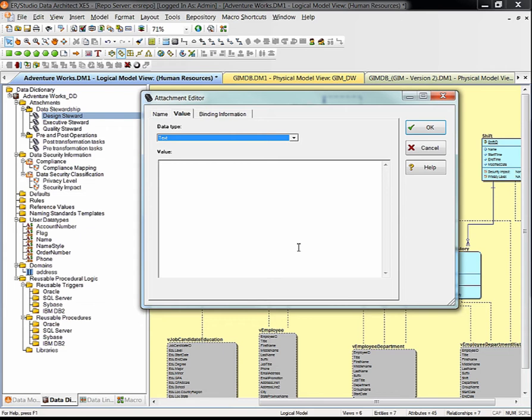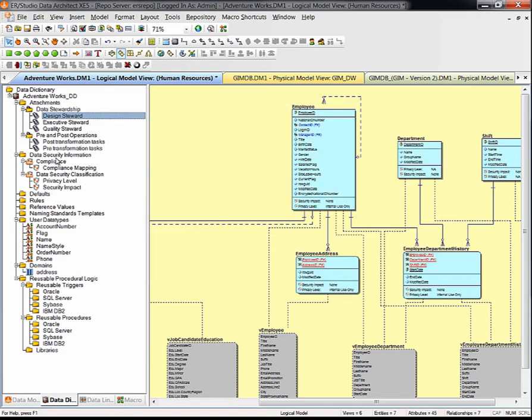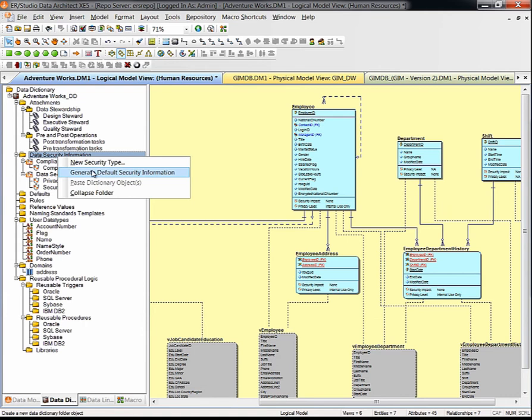So your design steward, you might want to make sure that this user is a design steward in models in my VentureWorks and also in my GimDB. And using an enterprise data dictionary, this will help you do that. We also have data security information. If you right click, you can do generate default security information. And again, more information to describe your data model and your objects, and then they can be consistent amongst your